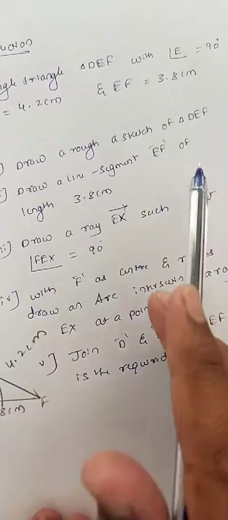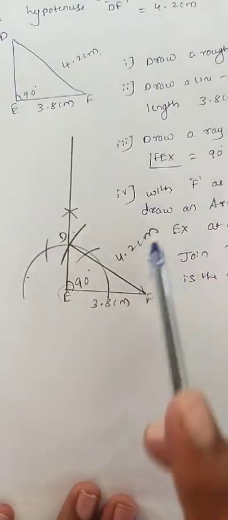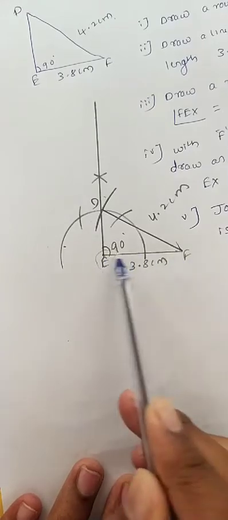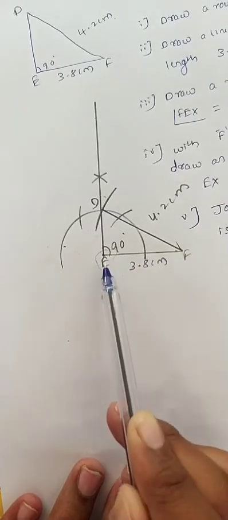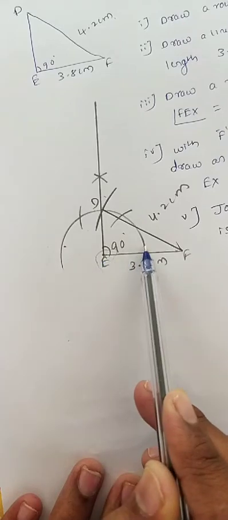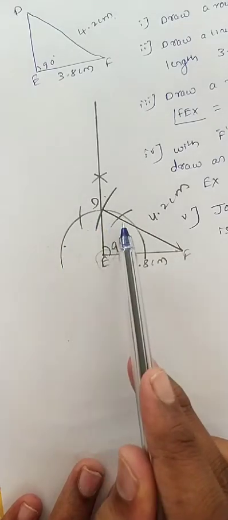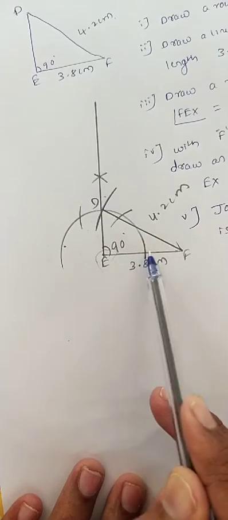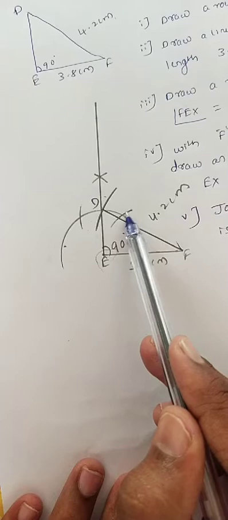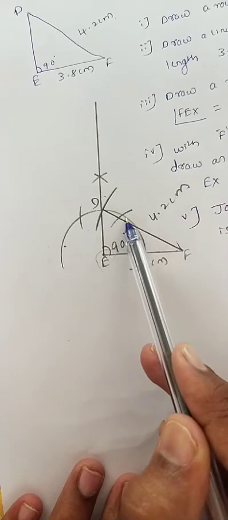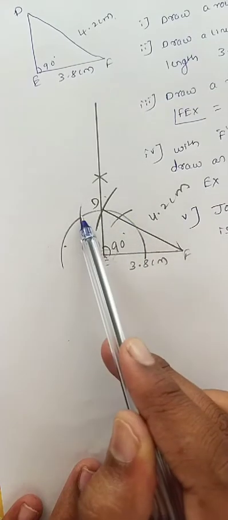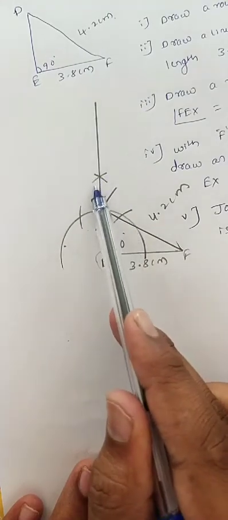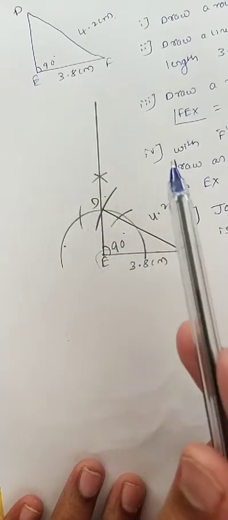First, the steps of construction. Before that, first I will tell this. Just draw EF, that is the base, as 3.8 centimeters. Keep the compass on E to draw a semicircle of any radius, and you will get a point here. From this point, cut two arcs. If you cut one arc, that will be an angle of 60 degrees. One more arc from this point will be 120 degrees. From these two points, cut one more arc on the upper side, and this angle will be 90 degrees.